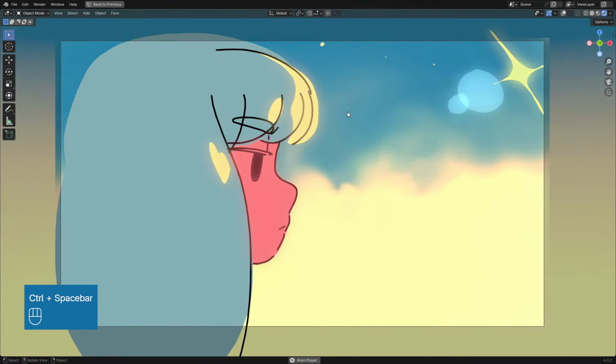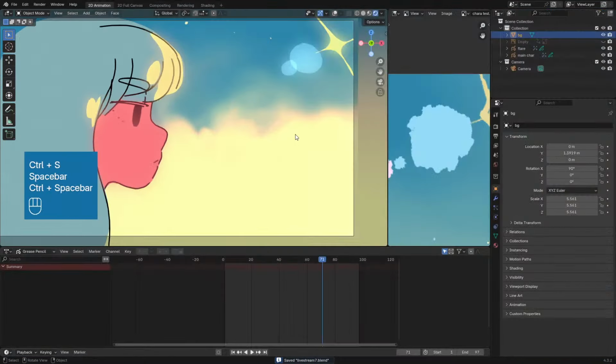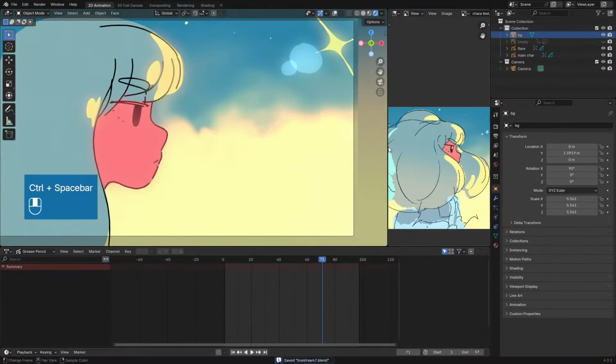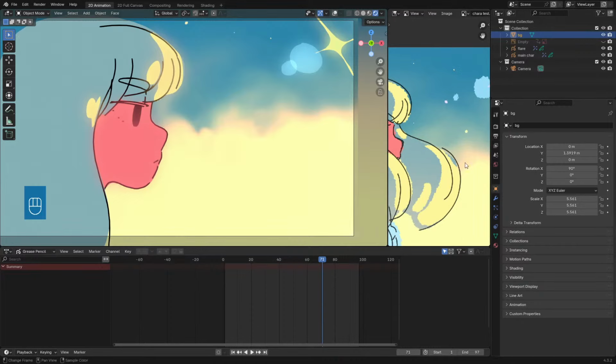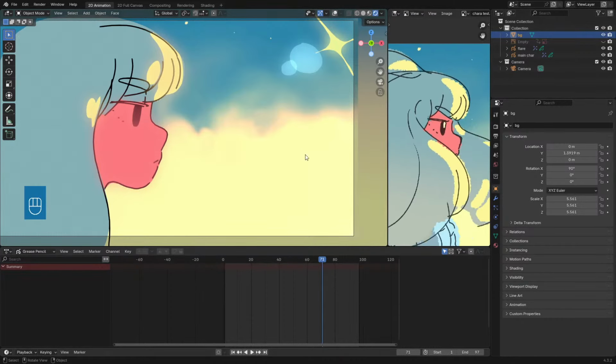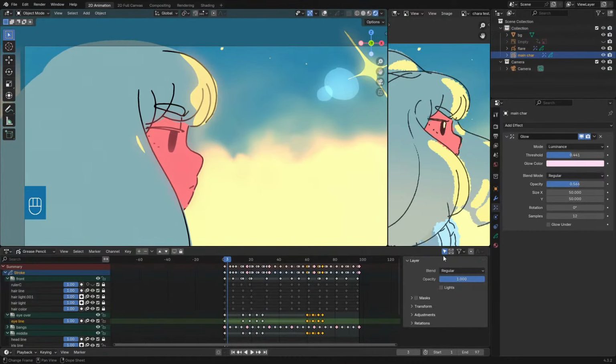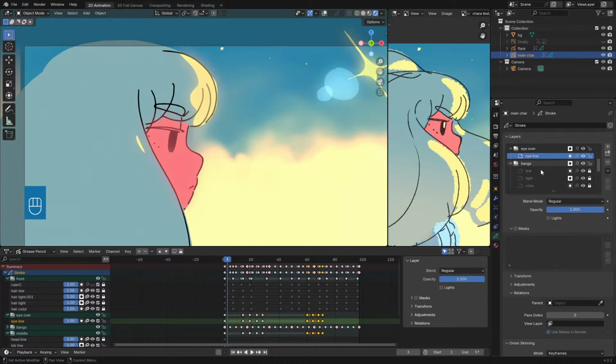So I think we are at the end of the live stream. Of course, there's a lot of missing elements. There is the other side of the hair and the back of the hair, and these lines here. I will add them myself later. Okay, maybe just one thing before. Maybe I will just add the